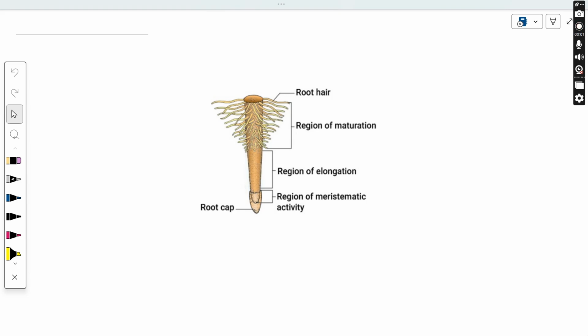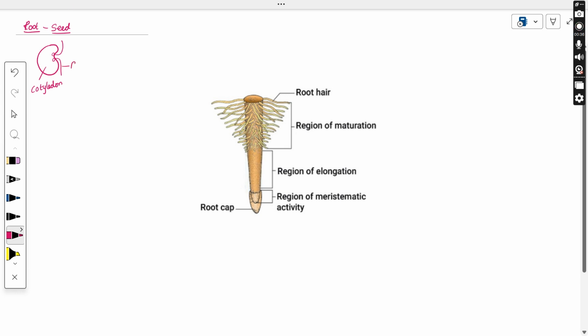In this video tutorial, we will be discussing the regions of the root. So first we should know how the root is actually developed. We know that the root as well as the stem part develops from the seed. In the seed, we have the regions from which the root system and the shoot system are developed. The seed contains the stored food material, that is cotyledon. This cotyledon has two regions from which the root system and the shoot system are formed.